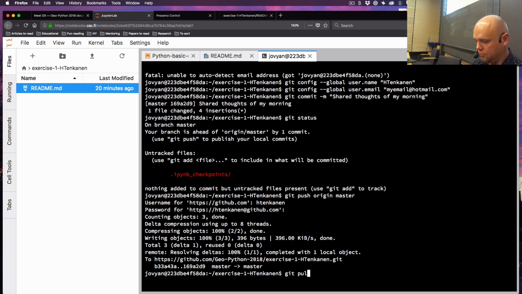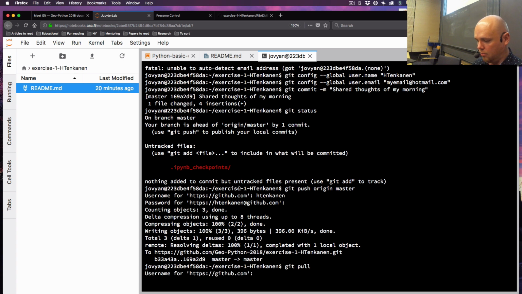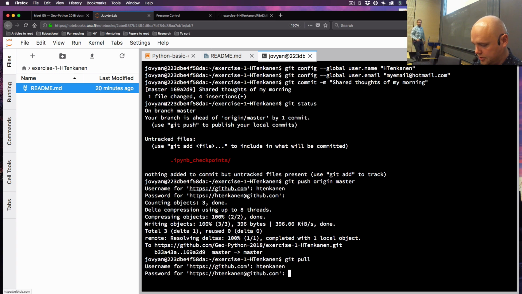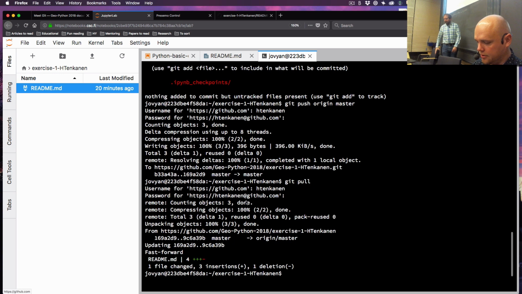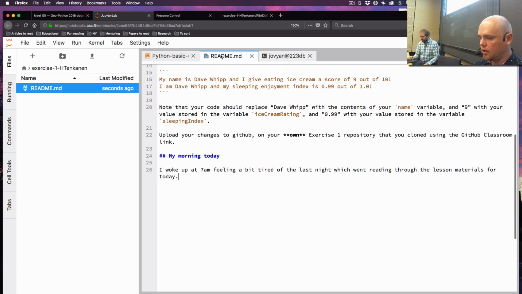So git pull, and this is a command that I do inside that repository that I'm working on, and I again put my credentials here and enter, and now it showed that okay, I updated this repository and I updated this readme.md file, and there was something happening there. So 3 insertions, 1 deletion was done inside there. And now when I go and see this file,